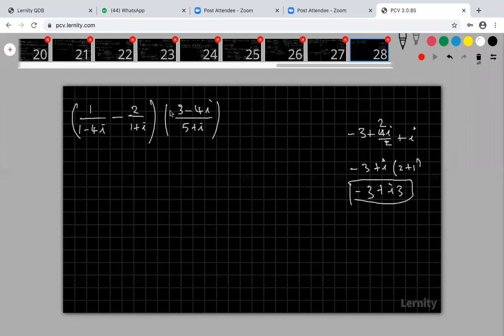And then finally you write this entire term in the form of a plus ib, after cross multiplying, after multiplying this, after taking the conjugate. After writing a plus ib, take the modulus. Modulus is nothing but the square root of real part square plus imaginary part square. Please simplify this and try this. Otherwise I will explain in our next class. I will work out this problem in our next class. It is very simple only.